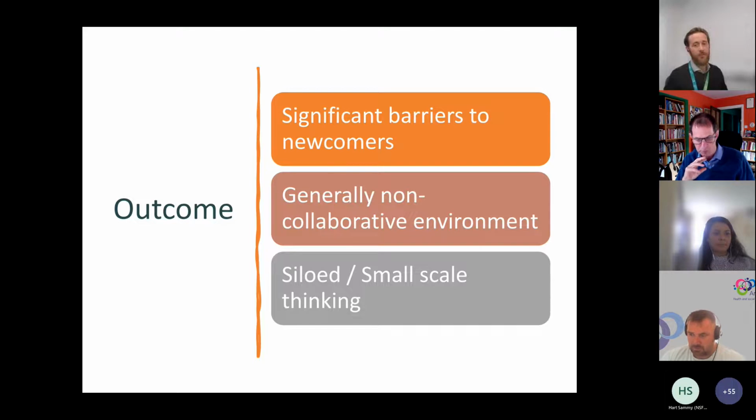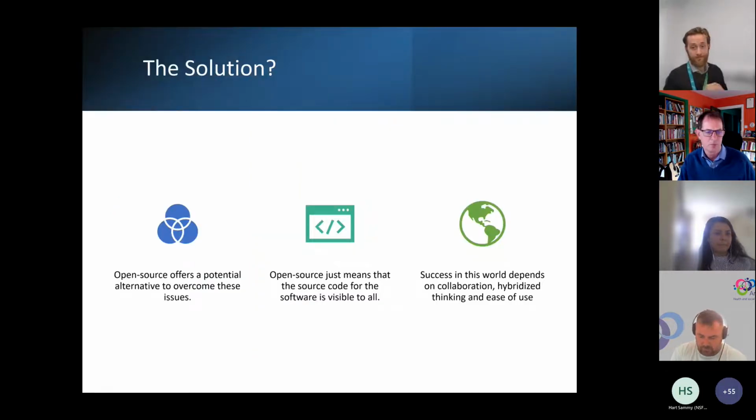The solution that's been found in other sectors is open source, which I certainly believe is the best option to overcome this here. Open source, just for those who are not very familiar with the term, just means that the source code for the software is completely freely available. So anyone coming in can see exactly how the application runs, they can fork that code, and they can create their own bespoke solution. And this fosters hybridized thinking, collaboration, and generally the best kind of development environment that you could have,